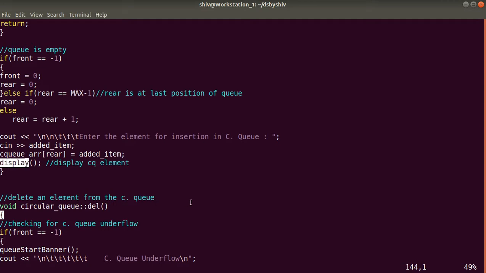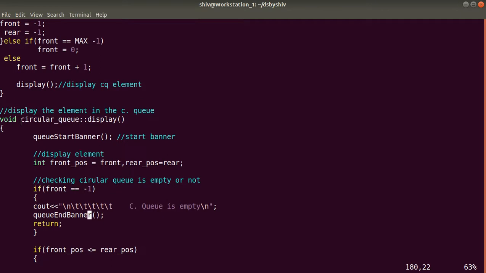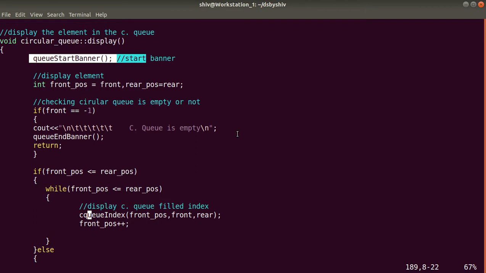So let's move to the display. For display we will come here, this is our display method. Control will come here to the start banner, the same for the designing part. And here we are taking a front position variable, and this front position variable takes the value from the front variable, and this rear position variable takes the value from the rear.